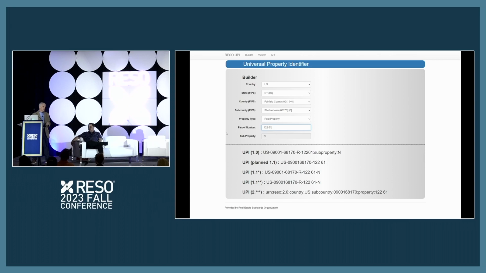And one thing that I'm hoping we can do in the very near term, let me back up one second. One thing that's unique about UPI compared to a lot of things with RESO is we're dealing with public record data. And I don't mean holistically RESO, but if you think about data dictionary, the main data set they're concerned with is listings. All of you in this room are probably very involved with listings, creating them, maintaining them, shipping them, et cetera.